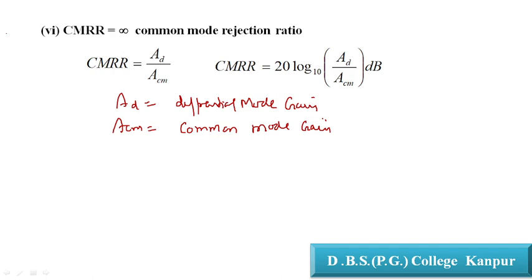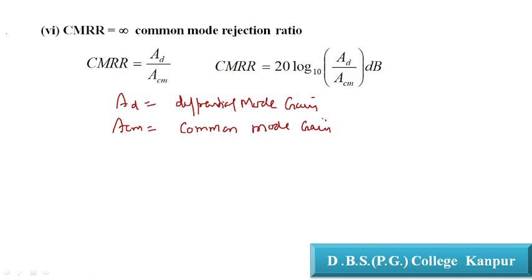In many competitions, such as CSIR NET, GATE, DRDO, and ISRO, mostly one question comes from CMRR. CMRR will be discussed in the next lectures, especially the numerical and theoretical problems related to CSIR NET as well as GATE, covering the other competition questions. So CMRR is 20 log base 10 of AD upon ACM, with AD the differential mode gain and ACM the common mode gain, and that is very important.